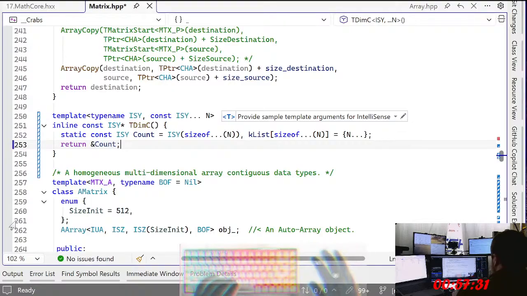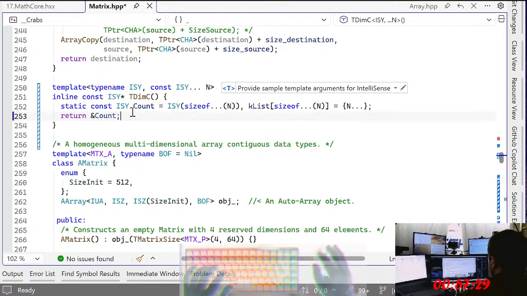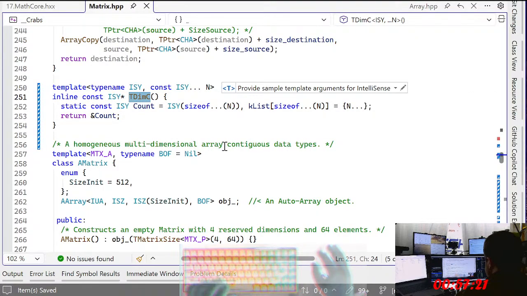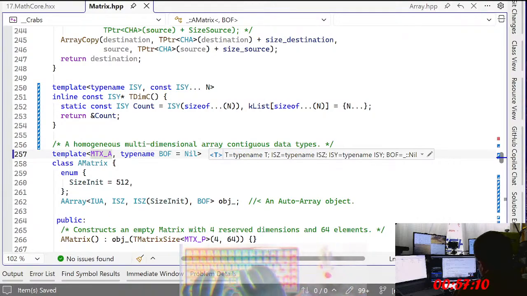I'm joking. Totally joking. Wait, don't I need a struct that does this? Or I could do, what? Like a